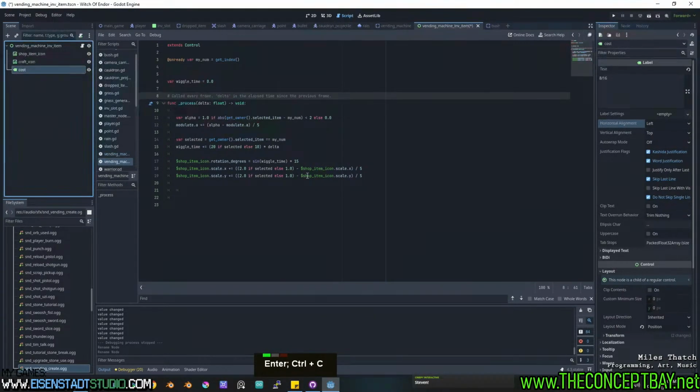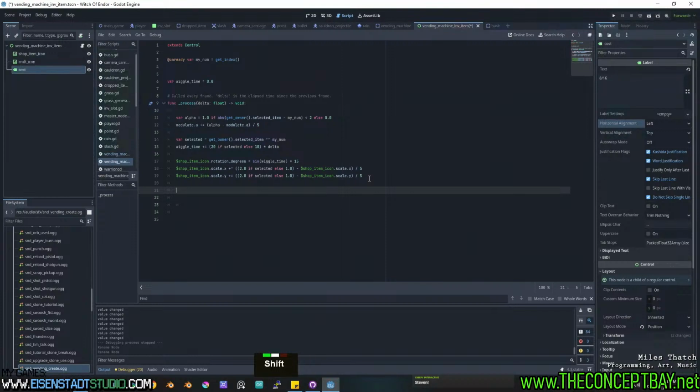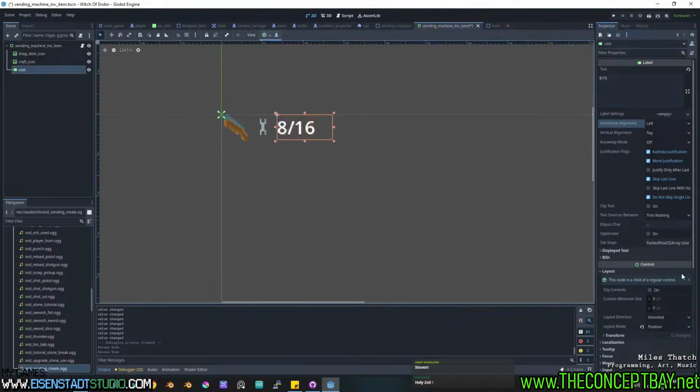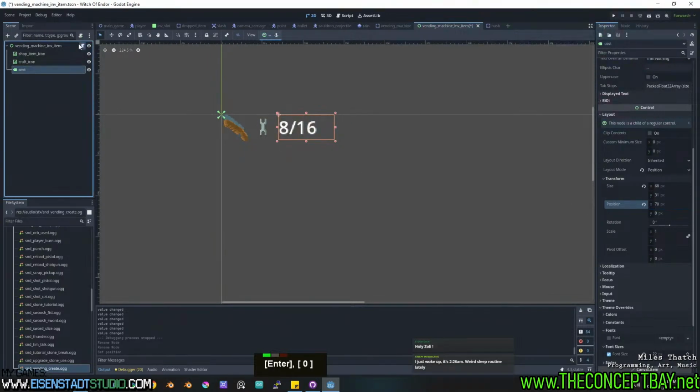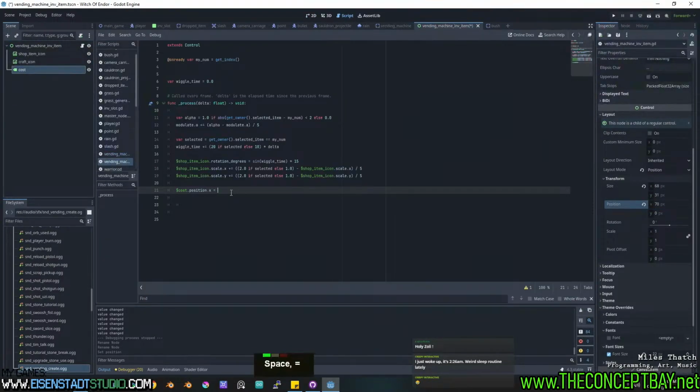Not necessarily price. I'm going to make it jump, so cost, position, what's the current position of this thing? 60, 68, sure, 70. So position.x equals 70 pixels plus,